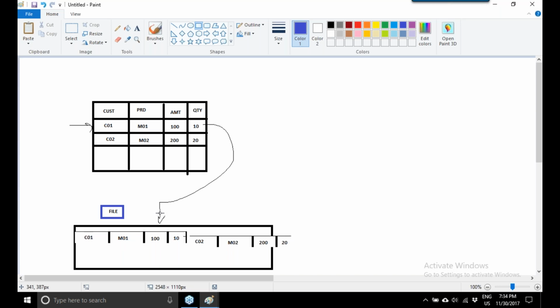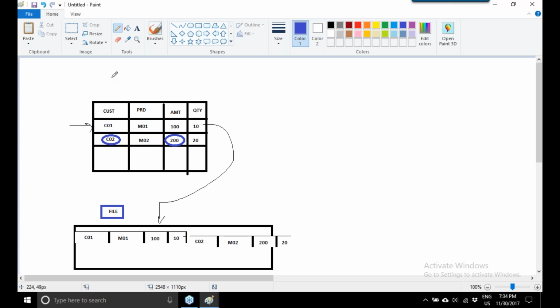The disadvantage of this approach is, let's say you're asking a question: who is my top customer based on amount? The top customer is C02, based on 200, because the amount is 200.